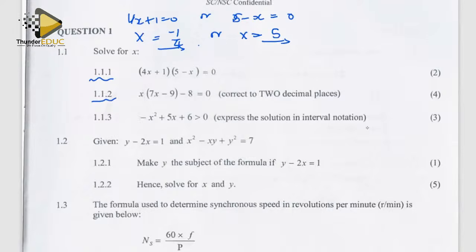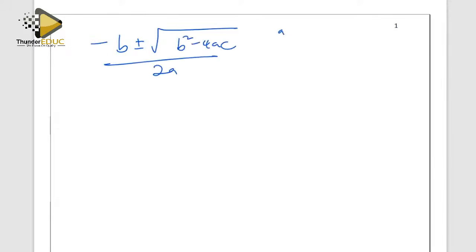Whenever we have correct to two decimal places, open this up and then use a calculator. So it's going to be 7x squared minus 9x minus 8 is equal to 0, meaning that our A is 7, our B is negative 9, and then the C is negative 8. Punching that into the formula, you have negative B plus minus square root of B squared minus 4AC over twice A. Remember, we said our A is 7, our B was negative 9, and then our C was